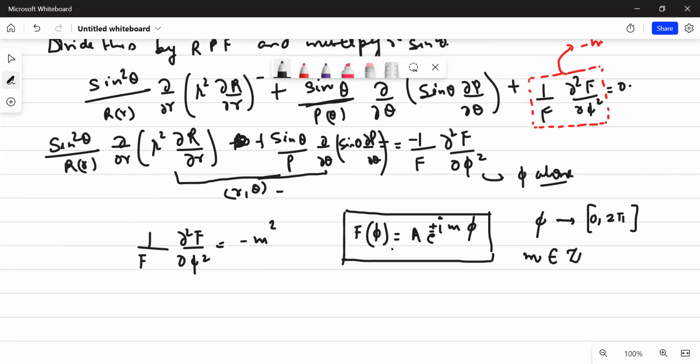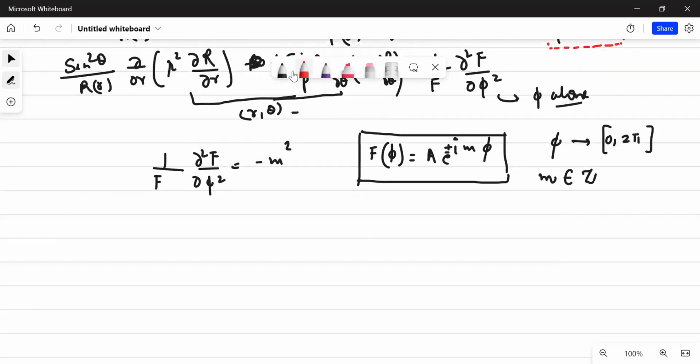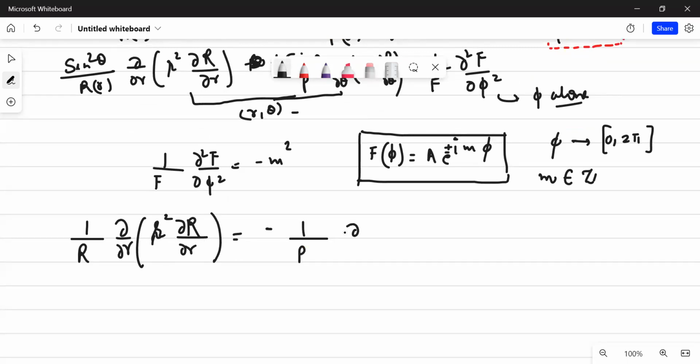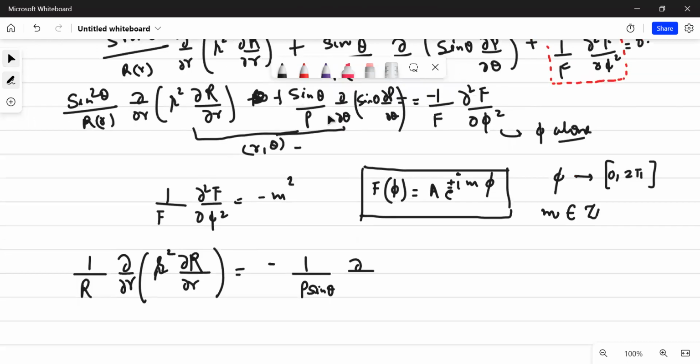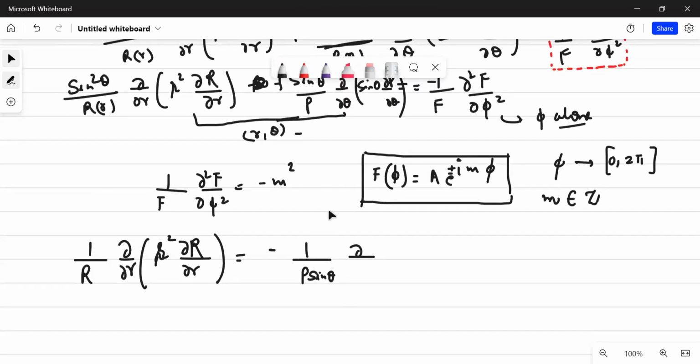Now next what we'll do, since we have arrived at f of phi, we'll simply take this radial term here. What is my radial term? My radial term is 1 upon r, and then you have del by del r of I think r square. Don't memorize this, just focus on its qualitative solutions. Del by del r equals to I think minus 1 upon p. Also, there was a sin theta, right? Divide this by sin square theta. So what will come out as p sin theta, because on the numerator I had a sin theta. If I divide by sin square theta, I will have a sin theta, and then you have del by del theta, and then you have again sin theta, and again del p upon del theta,